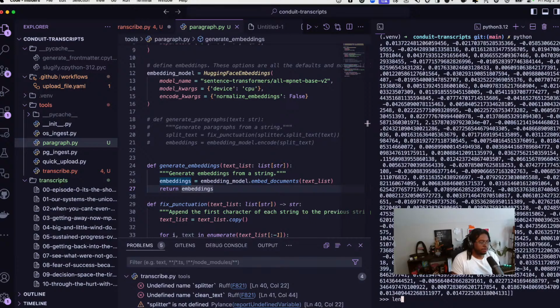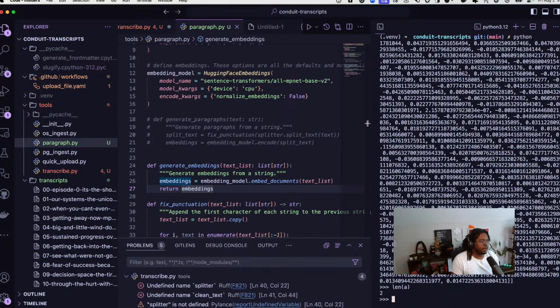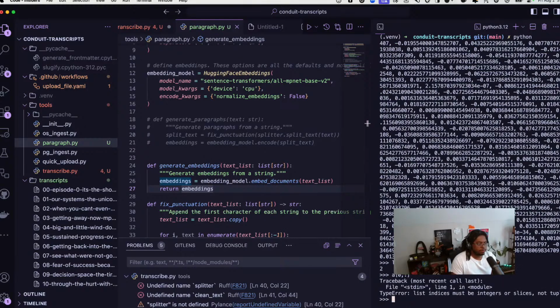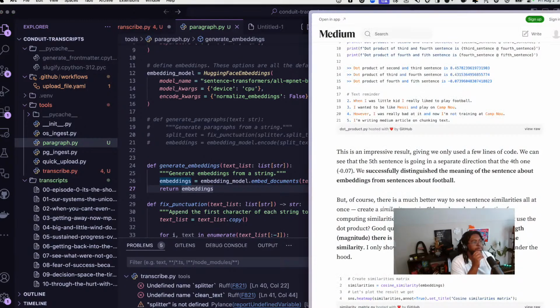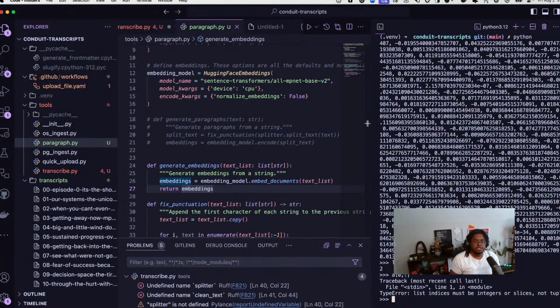Okay, there we go. So now if we do length of A, we should have 2, right? Each of those is 768. If we do A 0 colon... Okay. The challenge here is that I think we don't need to do that part. I think if we do A0 at B, or sorry, at A1,